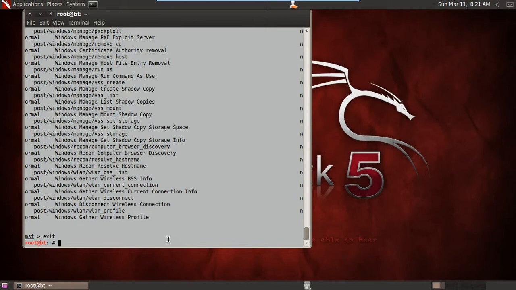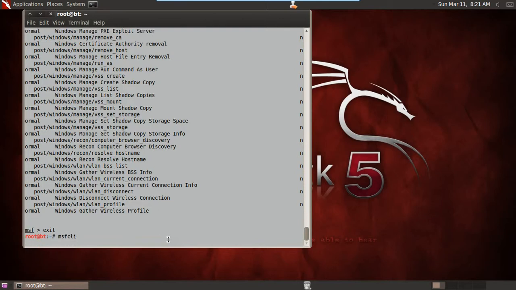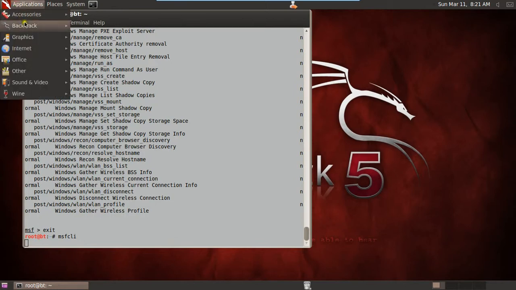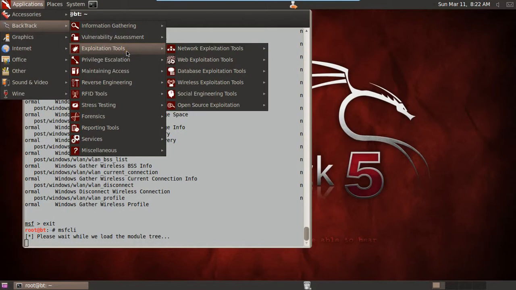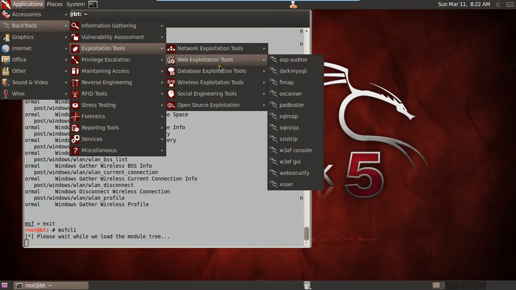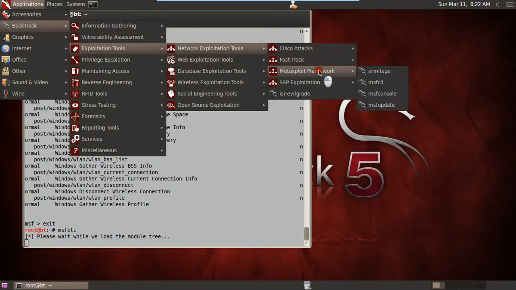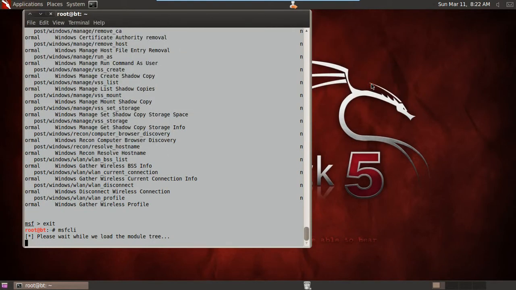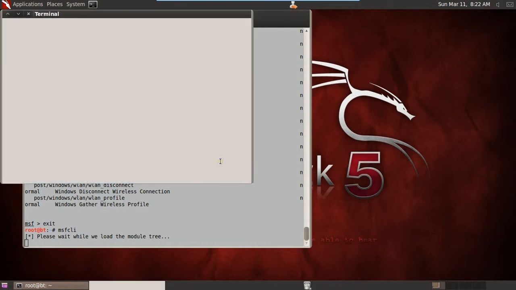For using msfcli, you need to only type this to show you the help or the usage and how to use it. It will take some time, or you can directly go to the BackTrack exploitation tools, network exploitation, Metasploit framework, and then msfcli. You click the CLI, and it will also open this CLI tool in a new window.